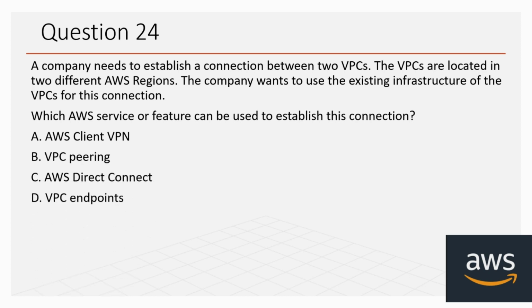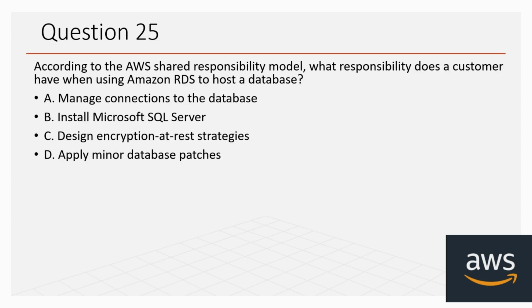The options are AWS Client VPN, VPC peering, AWS Direct Connect, or VPC endpoints. The correct answer is B, VPC peering. Basically, VPC peering is used to establish the connection between two VPCs. Then we have question number 25, which says, according to the AWS shared responsibility model, which responsibility does a customer have